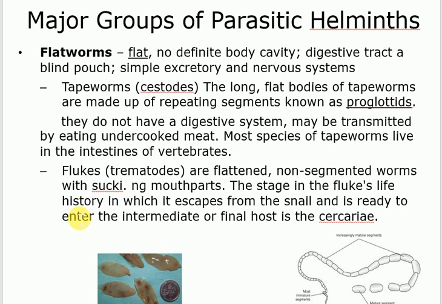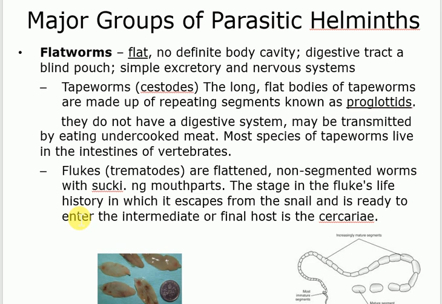Tapeworms look like tape, basically, and you call them cestodes. You need to remember both names. Tapeworms are called cestodes. Flukes are called trematodes. You need to remember this. Okay? Tapeworm, cestodes. Flukes, trematodes. Okay? So the tapeworms or cestodes, this is long, flat, and they form of repeated segments called